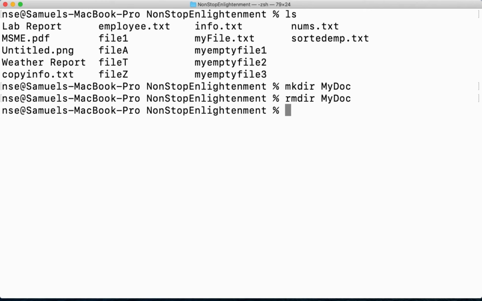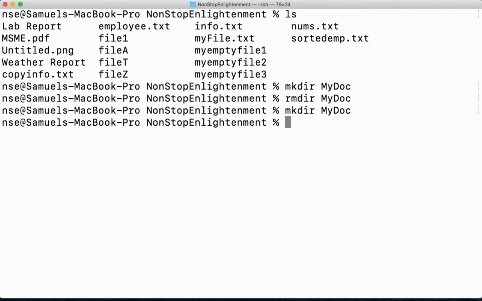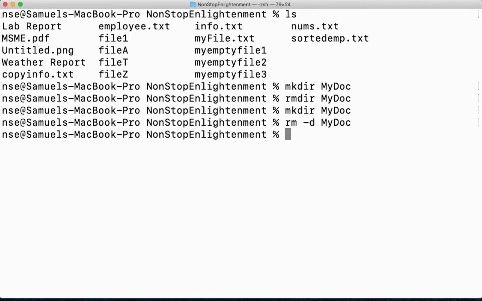Now we have one more option. Let me create it again, and then if I want to remove this directory, I'll say rm -d. I can also do this. Either I can say rmdir followed by the directory name, or rm followed by the option -d, which means delete a directory.